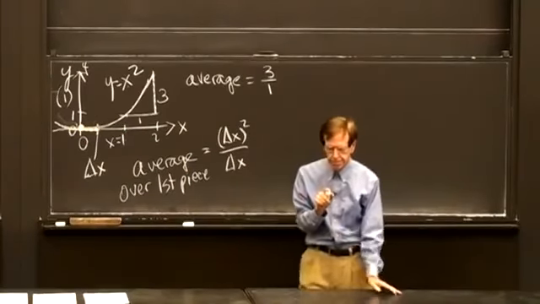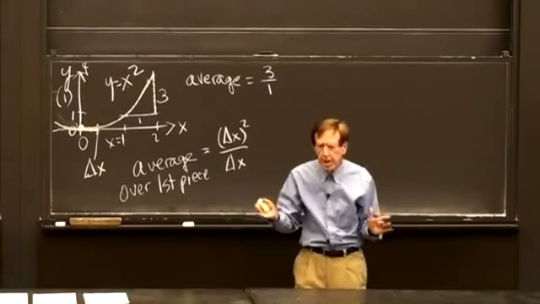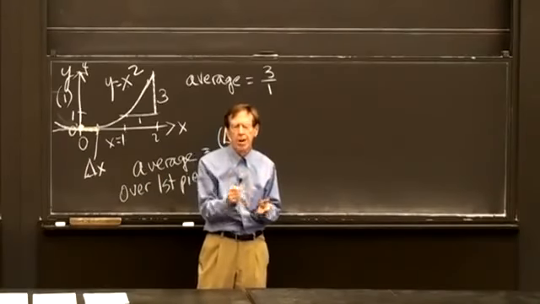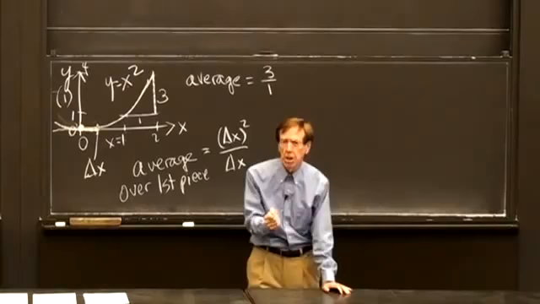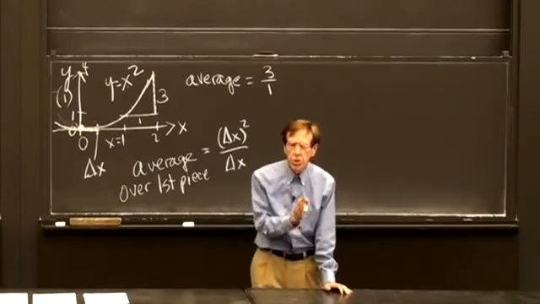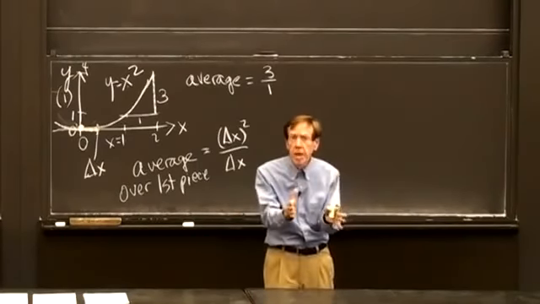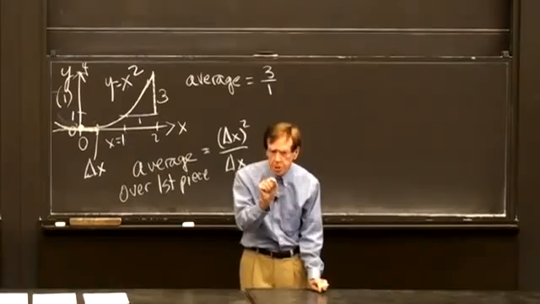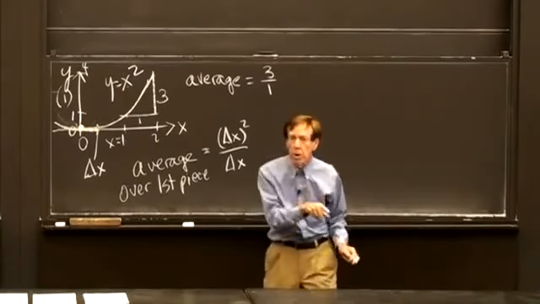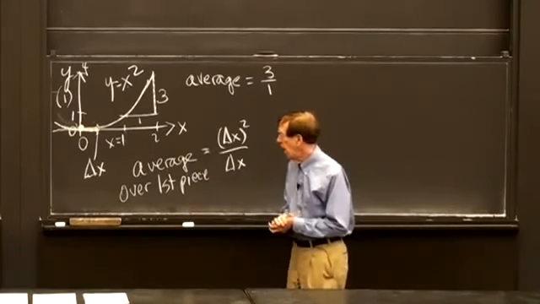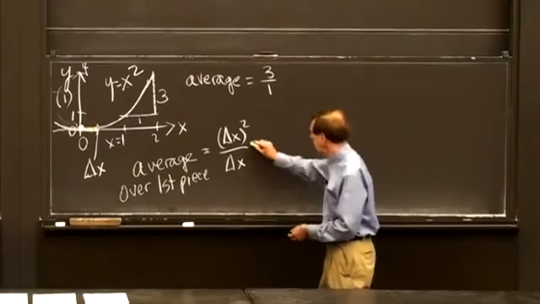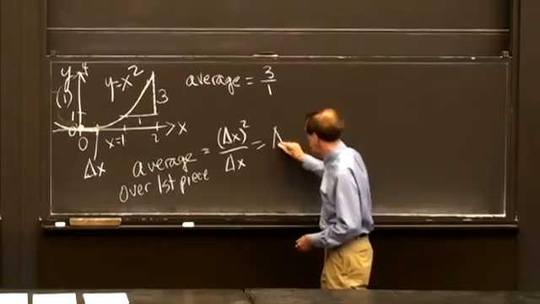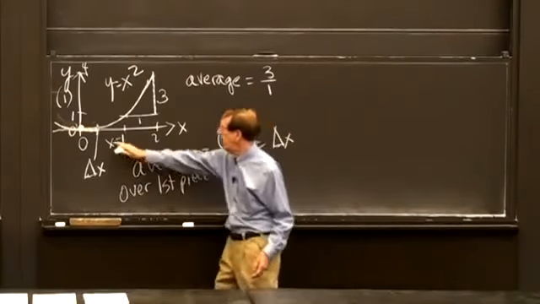Now, again, that's still only an average because delta x might have been short. I want to push it to 0. That's where calculus comes in. Taking the limit of shorter and shorter and shorter pieces in order to zoom in on that instant, that moment, that spot where we're looking at the slope and where we're expecting the answer 0 in this case. And you see that it happens to be especially simple. Delta x squared over delta x is just delta x. So the average slope